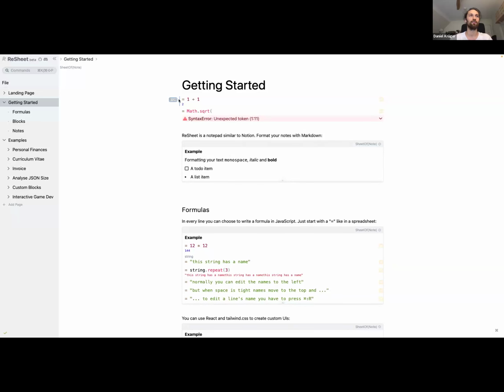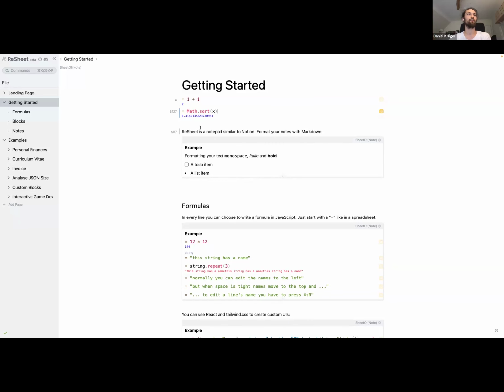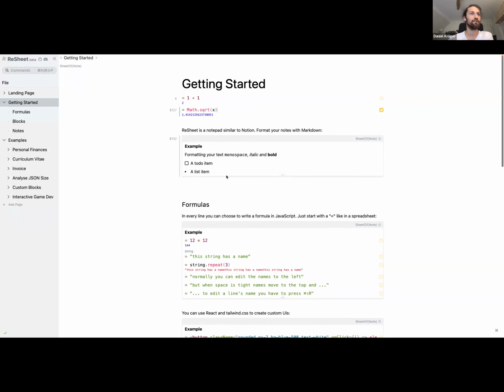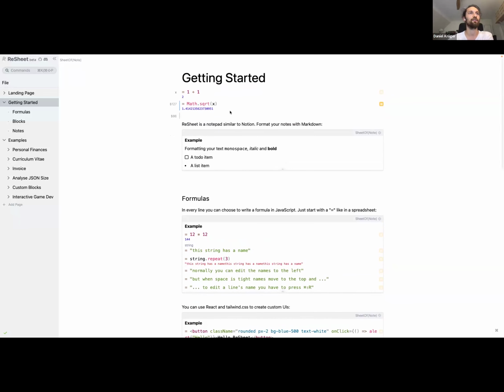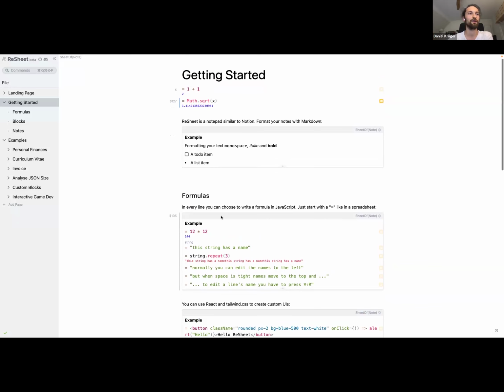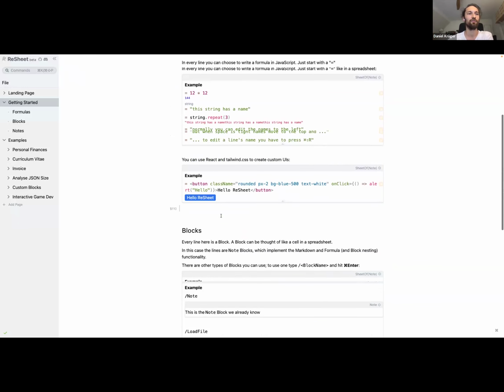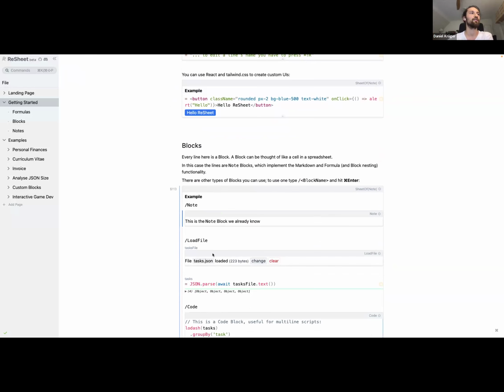So I'll give this a name and I can do some calculations with JavaScript. The interesting thing is, I have lines here and I can use blocks in every line. So let me add a new page.